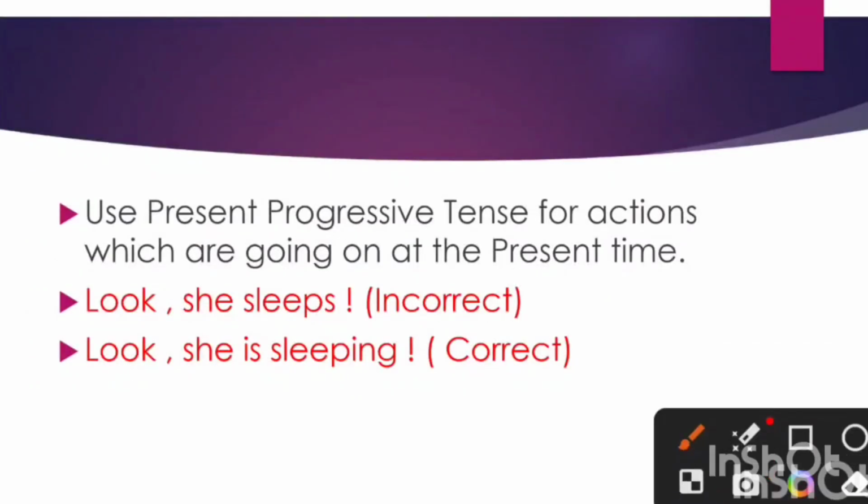Use present progressive tense for actions which are going on at the present time. For example, "Look, she sleeps." This is incorrect. "Look, she is sleeping." This is correct. So remember,